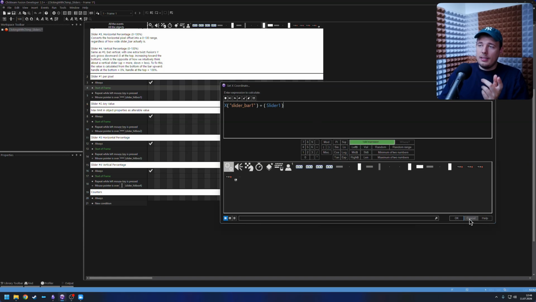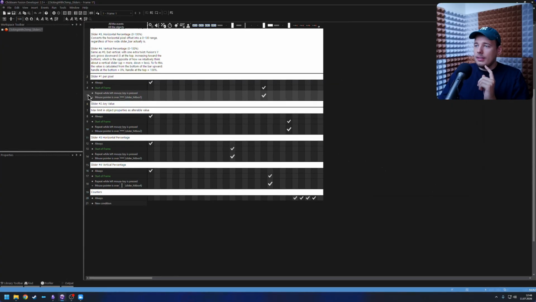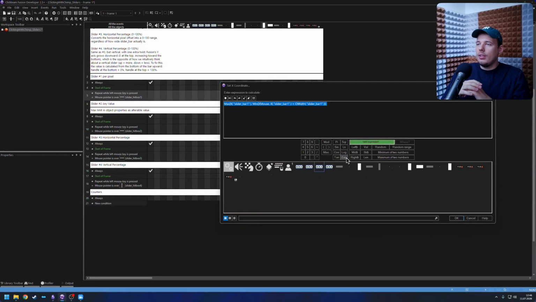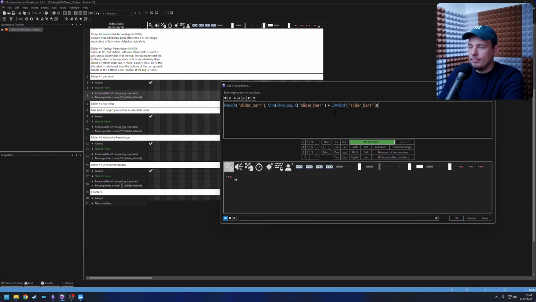because it's in pixels. And the third event is repeat while left mouse key is pressed and mouse pointer is over the hitbox, and it's setting the position of the handle. And there's a clamp, so you can't manipulate it